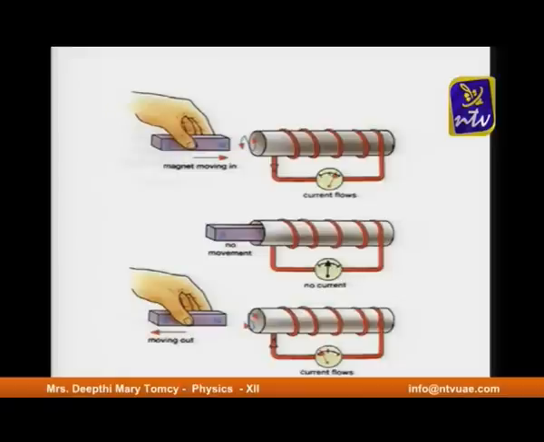Again the current flows. The current is flowing because there is a decrease in magnetic field. Once again, you can see very clearly on the top figure, the magnetic field is increasing, therefore the current flows, so there is a change in magnetic flux. In the second figure, when you don't move the magnet at all, we keep the magnet stationary, you can see that there is no change in magnetic flux and therefore no current is being induced.